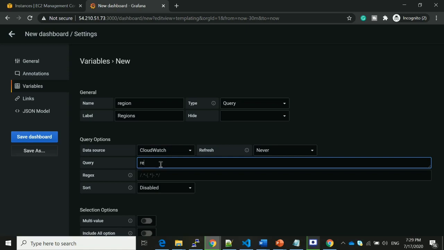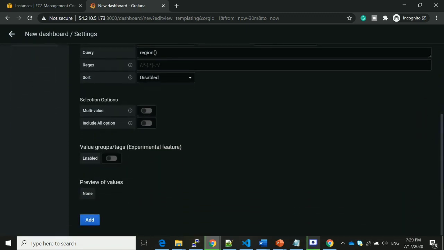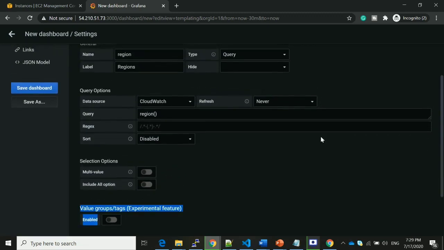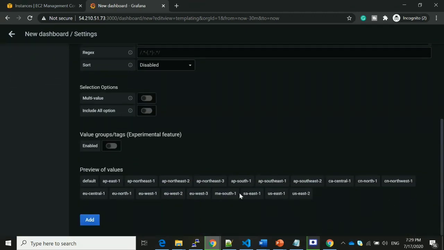Here giving the query as region parenthesis. Okay. If you observe here, once you define the query, you may have the preview of values, but we are not getting it. I have made some mistakes. So here I have to provide the regions. Okay. If you go to the preview of the values, you will get the regions.